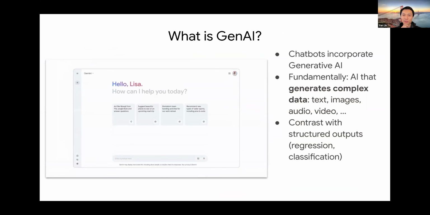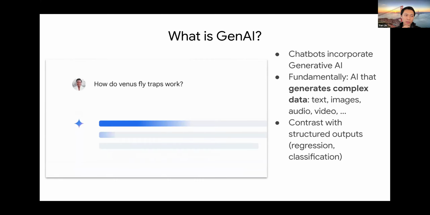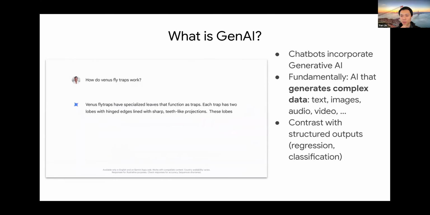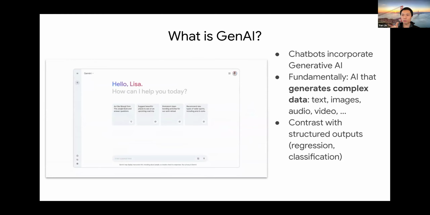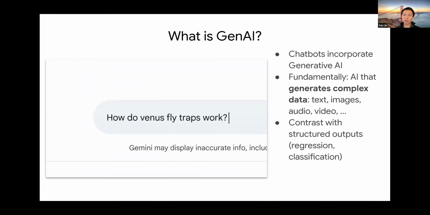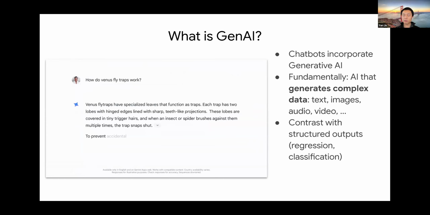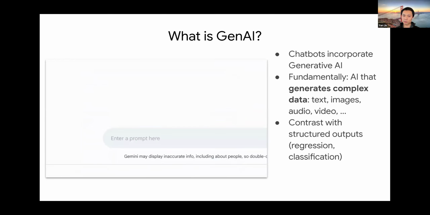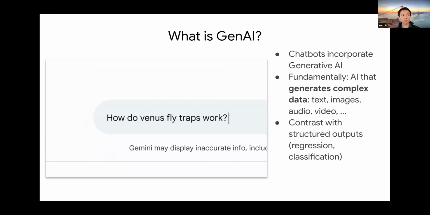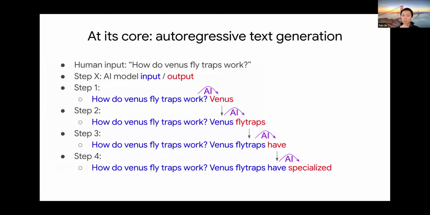But most folks will probably have used generative AI-based chatbots these days. And I think one way of thinking about this in comparison to the image-based work that we saw previously was that imaging-based work was you have image in and you have a structured prediction come out of it. Here, you similarly have a complex data type coming in, for example text. It could also be images and other things. But the output of this is also complex. It's text, images, or something else. And so I think from a machine learning perspective that is the main difference between these two paradigms.